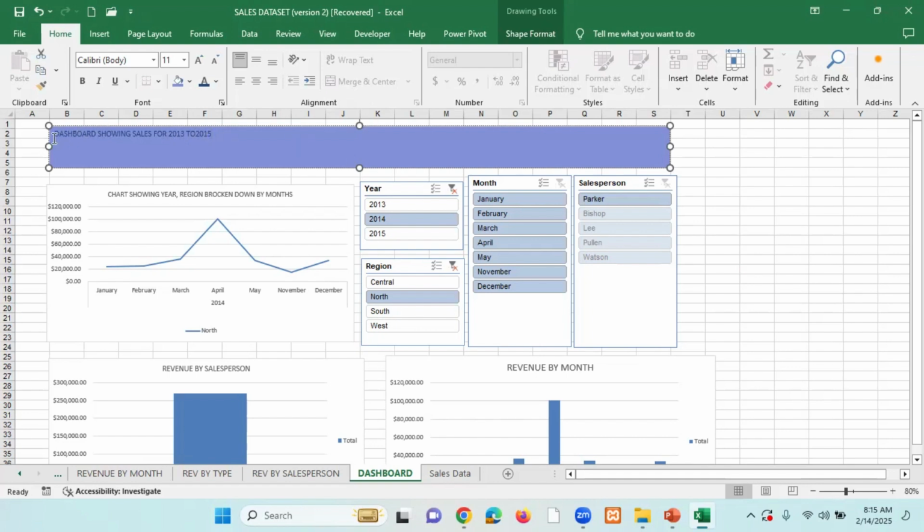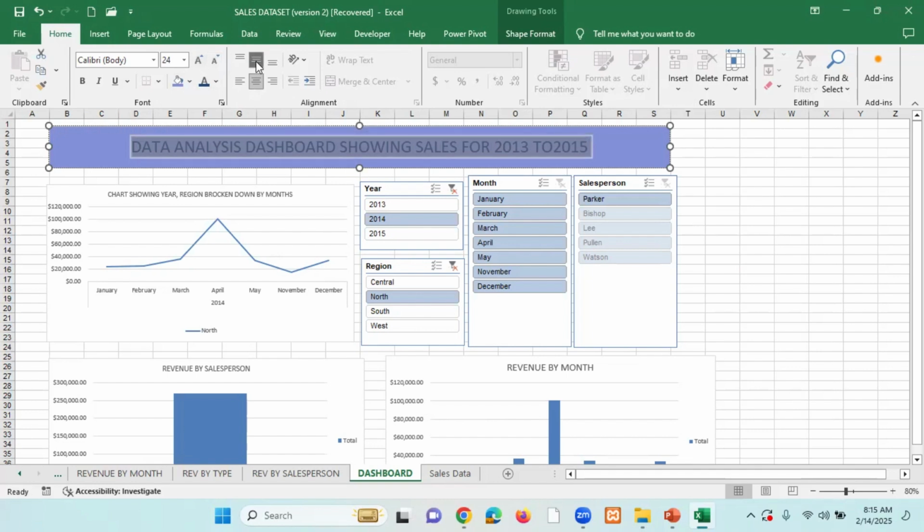Or you can say data analysis dashboard. Data analysis dashboard. So I can now highlight this and center it, make it a little bold so it can be readable,